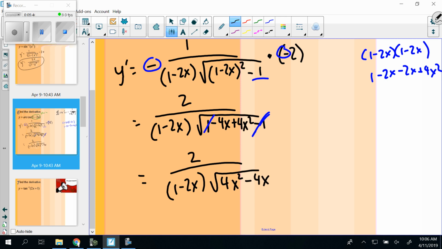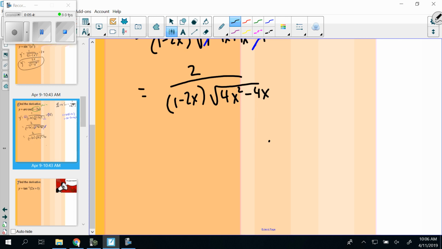I just switched those two terms around, which is fine because they're being added or subtracted. Last thing here, there is one more simplifying thing we could do on this. Because both of these two terms have a 4, we could factor that out. And the reason that would be okay, or we'd want to do that here, is because if we factored out that 4,